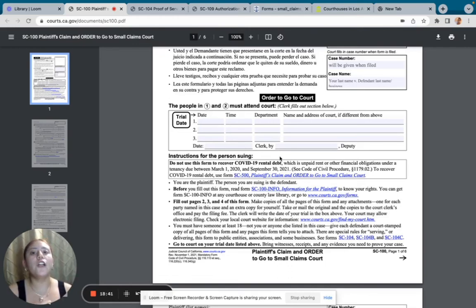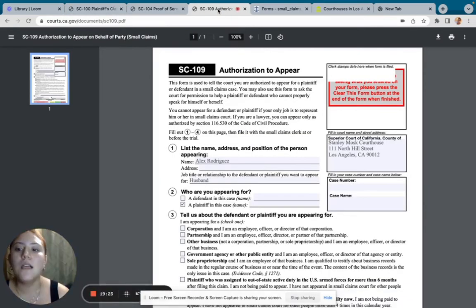And also make sure, if you are going to mail it to the person, that you keep the receipts of when you go and mail things and you get the stamps and everything. Make sure to keep all those receipts. So if the person claims that they didn't receive it and you know that you did send it to them, you have those receipts to show the judge that yes, I did give it to that person. For your evidence, you have to send it to the person that you're suing, which is the defendant, and turn it into the courthouse. Okay, so once that's done,